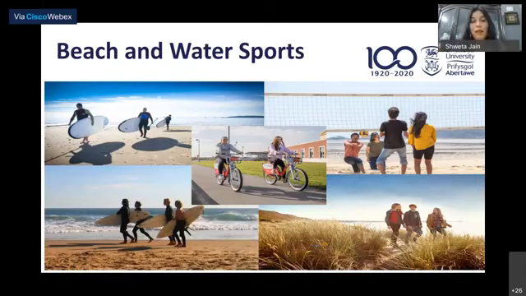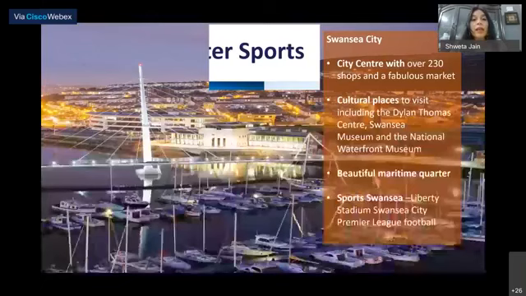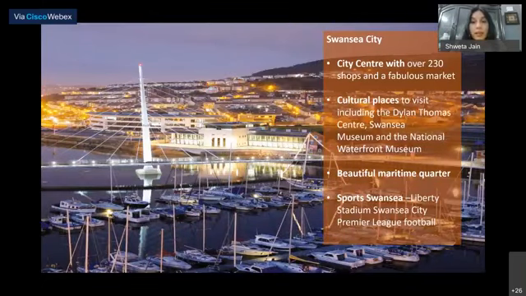As a city, it's a very beautiful, vibrant city. We are the second largest city in Wales, and we have a very vibrant city center, more than 200 shops, a very nice market. There are a lot of cultural places to visit in Swansea. There are theaters, museums, waterfront museums. There are beaches which are just half an hour away from the main city. So there are a lot of places that you can visit within the city and near the city